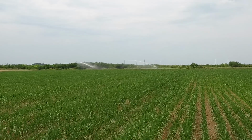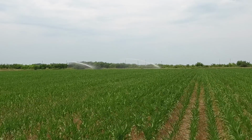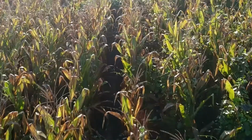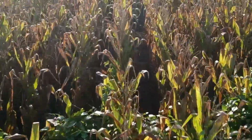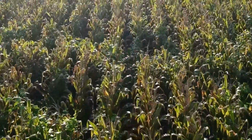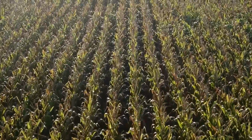When we do look at the dryland areas, so non-irrigated areas, quite frankly, there's areas in the state not well suited for dryland corn. You just don't get the needed rainfall through that. But that being said, it's amazing as we see seed technology develop, how we can grow corn with very little